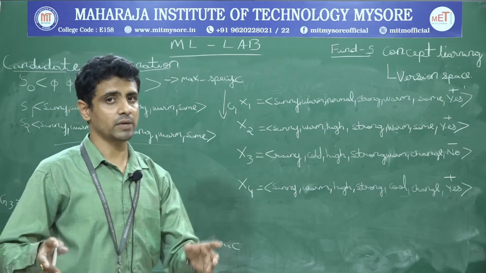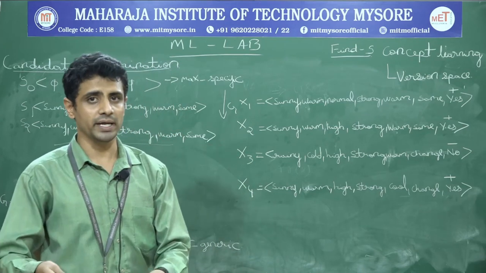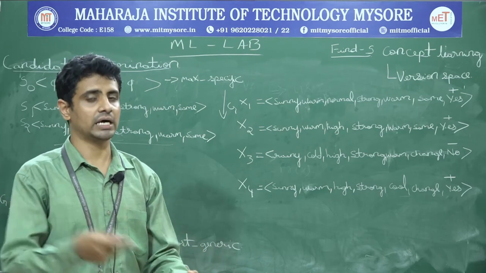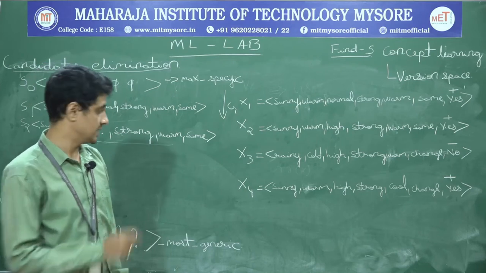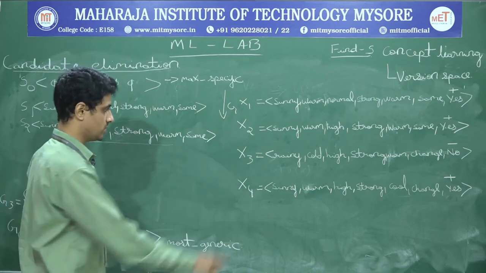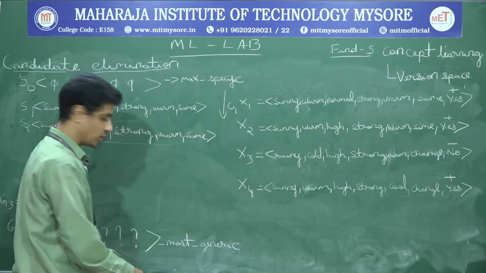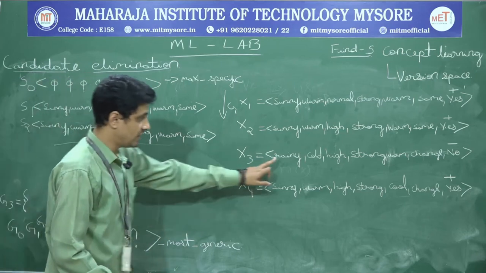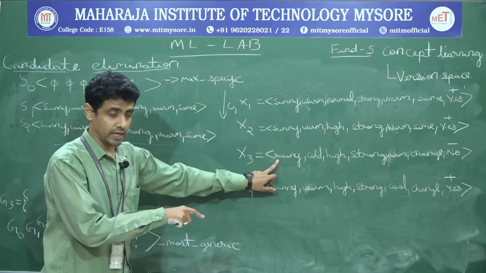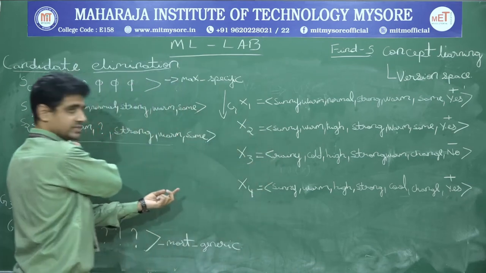So negative examples are more important while training a machine because it has to understand what not to take as a specific item, either a car or a chair. So in that case, how to handle this negative example, let us see. The first thing you are supposed to go with is, we have rainy here, and we have question mark here. Now when we have rainy here as a negative example, just check your hypothesis itself.